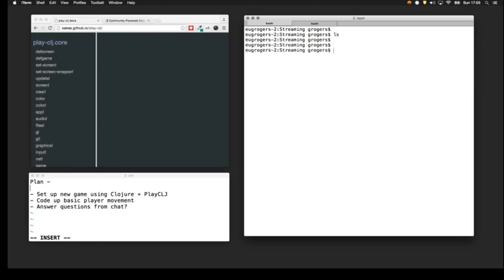Cool, let's get started. So I've got my machine, it's already set up to code in Clojure, and that's where we're going to start today. I might do another video on how to set up a machine ready to go, code in Clojure, etc., but until